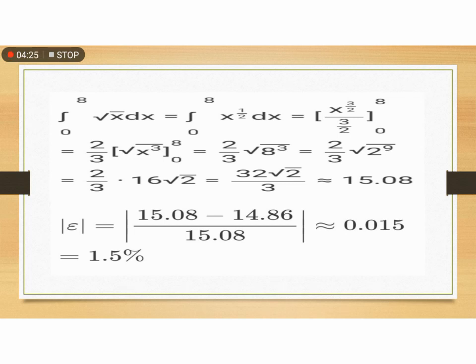So equals 15.08. So hence the error in approximating the integral is